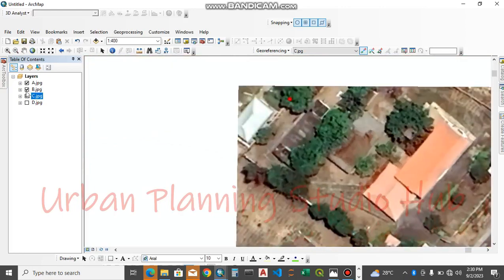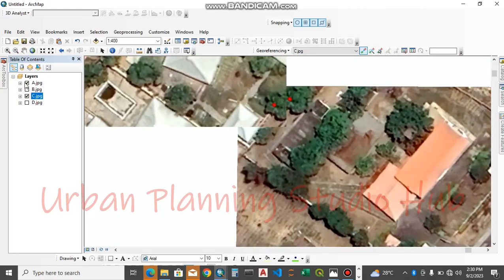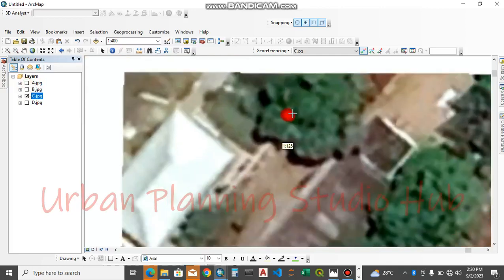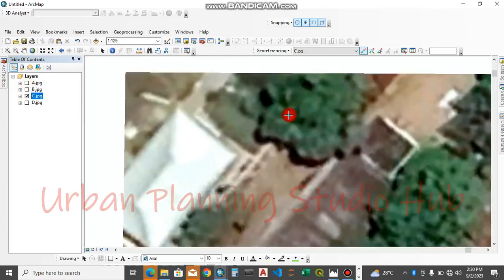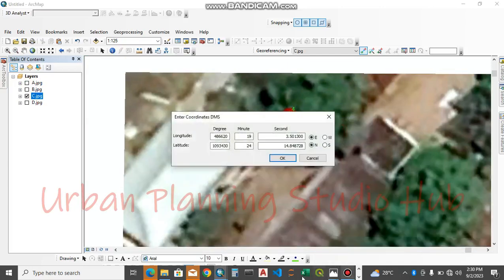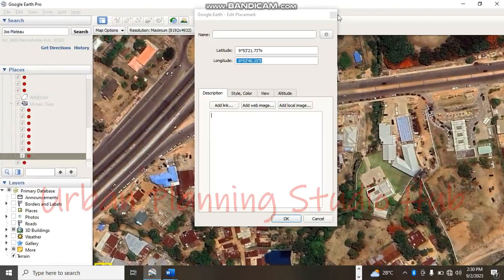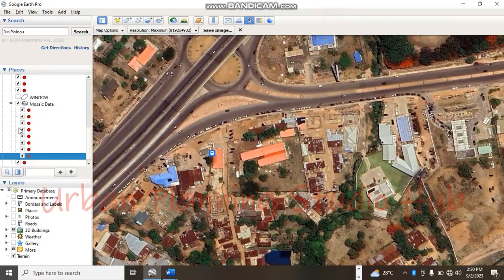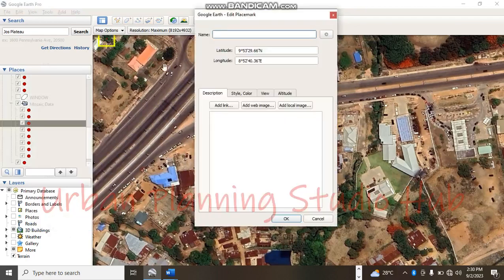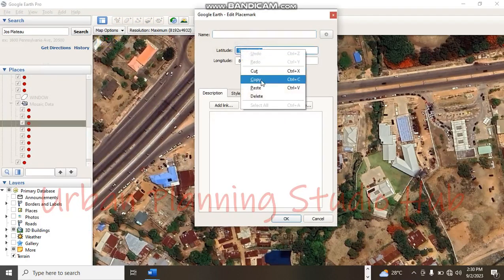So we'll uncheck B and A so that we'll leave that of C. So let's pick this point, input the degrees, minutes and seconds. We'll go back to Google Earth Pro. Now that point is a converging point. It's at point 3 of the image A. So 1, 2, 3. So we go to property. This is the point here. So we're going to copy,